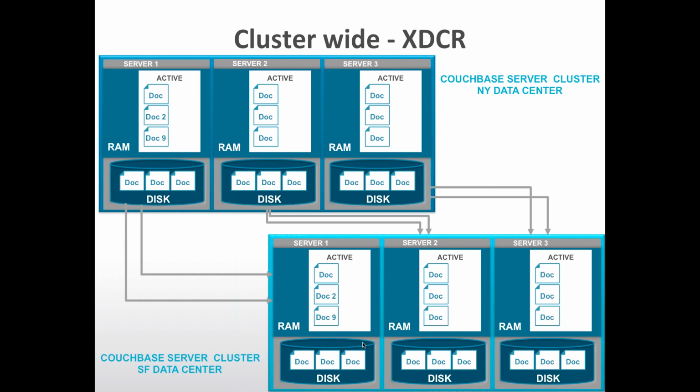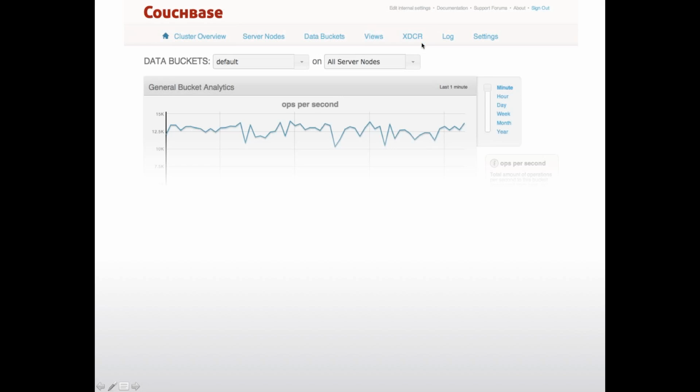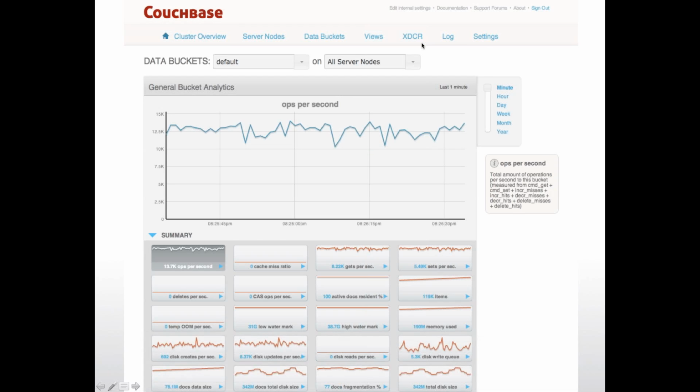Data starts getting moved as it's coming in, as it's written to disk. It will start getting shipped over to the other side based on which partition lives on which server. And in reality, every server would talk to every other server on the remote cluster, depending on where the partitions live and which partition is managing which set of documents, and so on. And so this is unidirectional replication. You can use two unidirectional streams to create bidirectional replication, and this is eventually consistent. So given that the two systems are master-master,